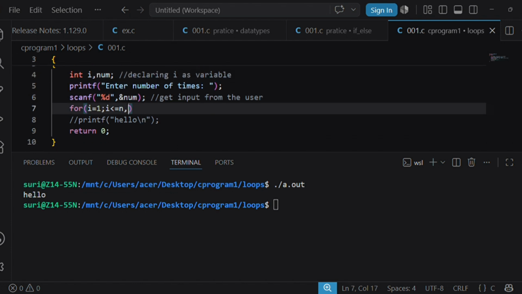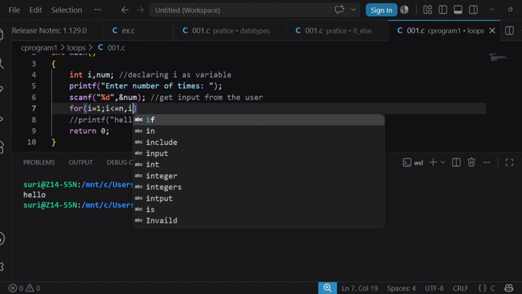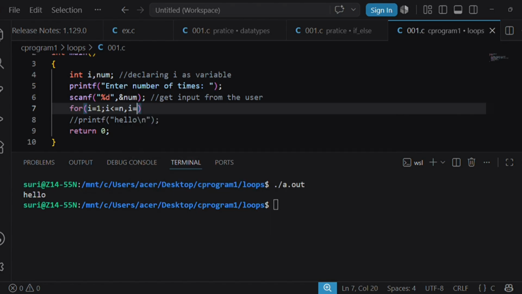After successfully writing the condition, next I am going to write i = i + 1. We can write like this, or else we can write like this also.